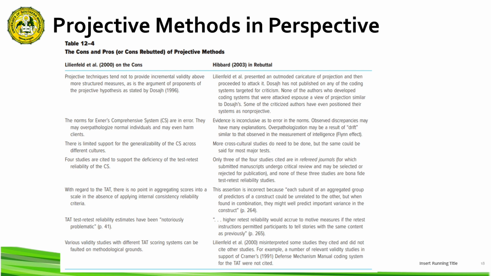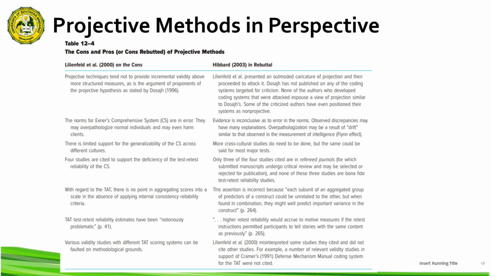Lilienfeld et al. in 2000 raised serious questions regarding whether that habitat is worth maintaining. These authors focused their criticism on scoring systems for the Rorschach, the Thematic Apperception Test, and figure drawings. Some of their assertions with regard to the Rorschach and the TAT are responded to by a projective test user and advocate, Stephen Hibbard. So presented here in Table 12-4 is a brief sample of the cons and pros argument of